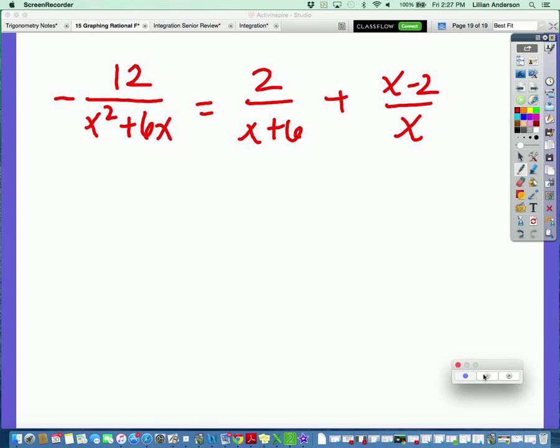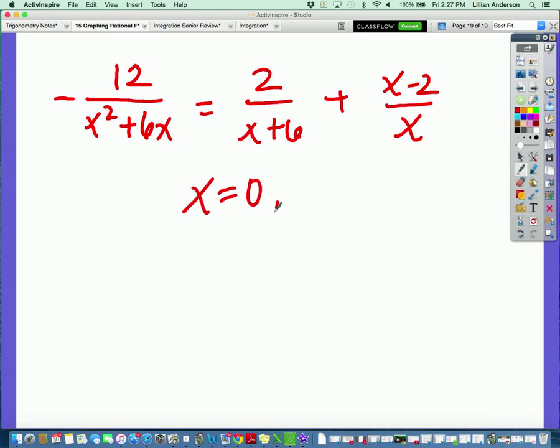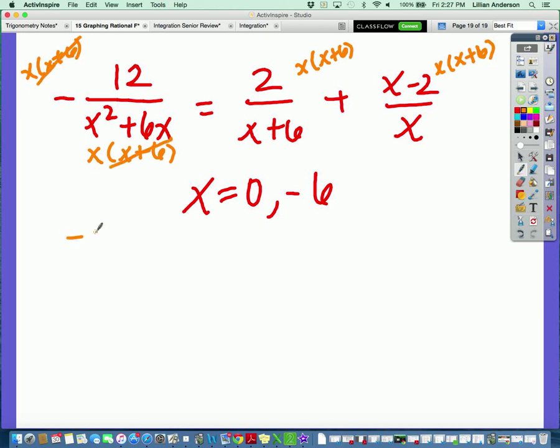There you go. What were your x's? Did anybody not get those two numbers? Okay? So this factors down to be x times x plus 6. So if I multiply everything by x times x plus 6, which is my common denominator, and even this one by x times x plus 6, the denominator here goes away, I'm just left with negative 12. Here, the x plus 6 goes away, I'm just left with 2x. And over here, I have